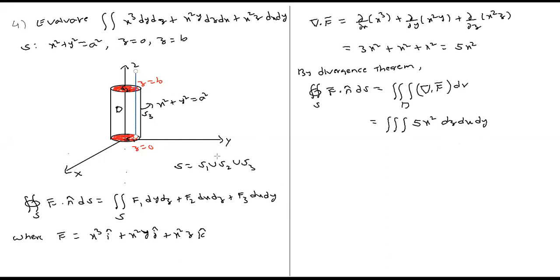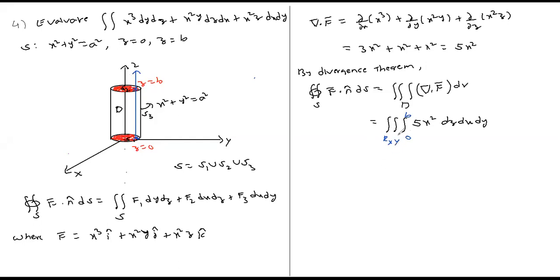What is the projection of this cylindrical region on the xy plane? The base, the circular region. So from the projection, if you draw a line parallel to the z axis, it starts from 0 and leaves at b. Wherever you draw, it always starts from the lower circular disk and leaves at the upper circular disk. So z is varying from 0 to b. And the remaining limits I will write down later, after evaluating the first integral.